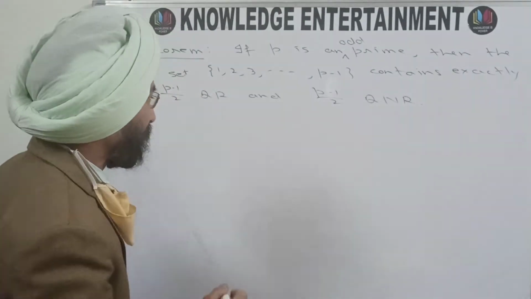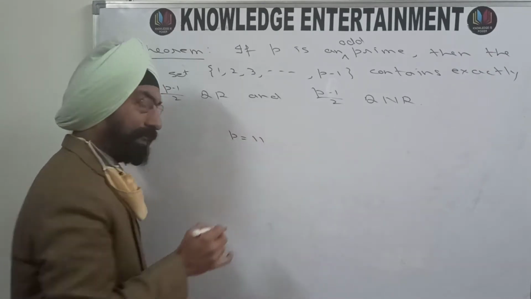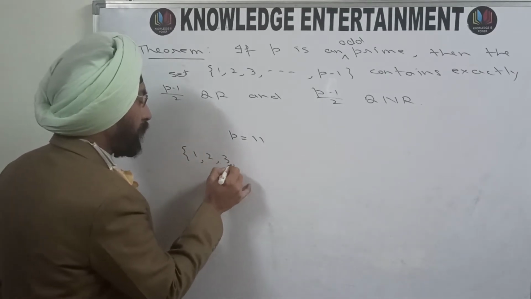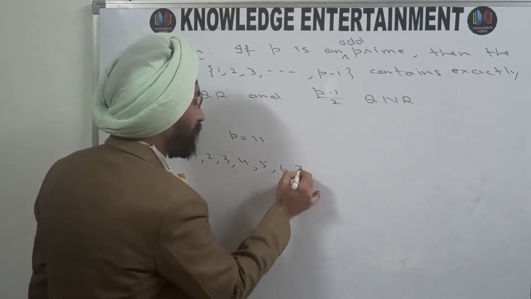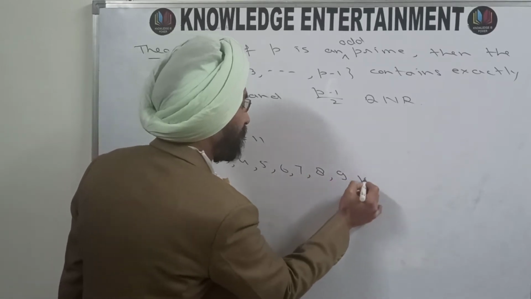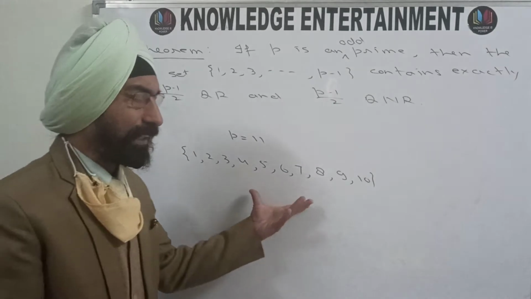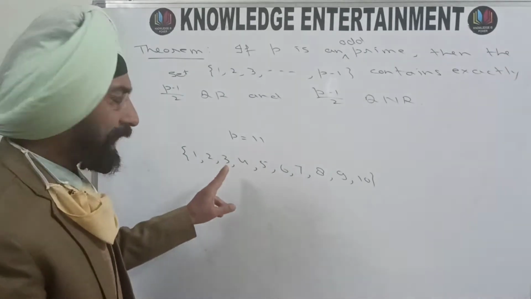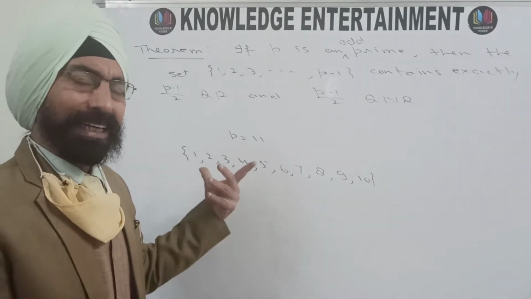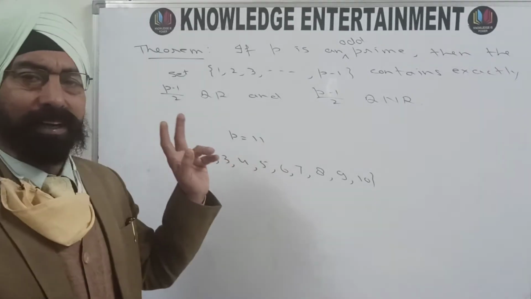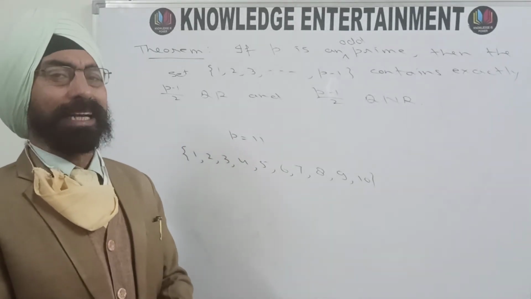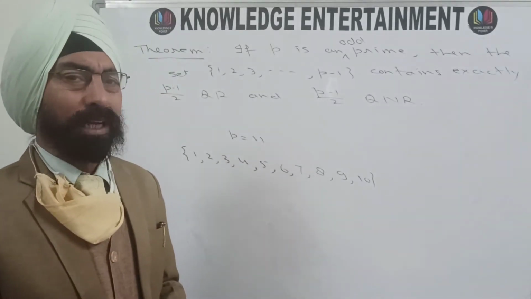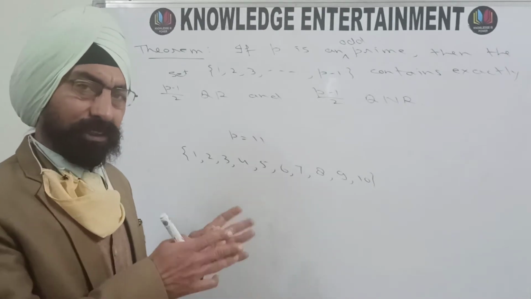That means, for an example, if you take your P to be 11 and consider this set 1, 2, 3, 4, 5, 6, 7, 8, 9 and 10. According to this theorem, this set will contain exactly 5, half of the number of elements, exactly 5 quadratic residues modulo 11 and exactly 5 quadratic non-residues modulo 11. What these quadratic residues and non-residues are, we will find in this video after doing one